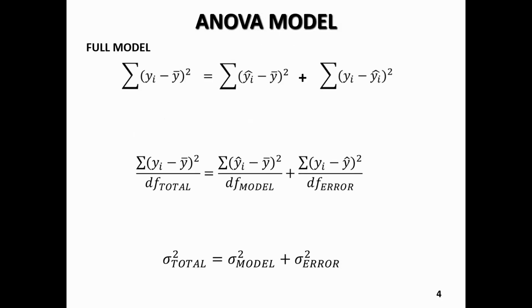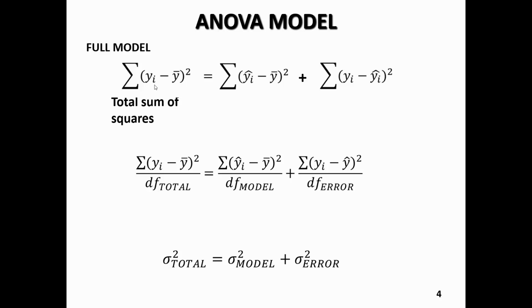One of the outputs of a regression analysis when it's conducted through a computer program is the ANOVA table. The ANOVA model is used to establish how much of the outcome is predicted by the prediction model and the error. What we see here is the total sum of squares, which is similar to what we have with the ANOVA approach to examining differences, except this time the total sum of squares is going to